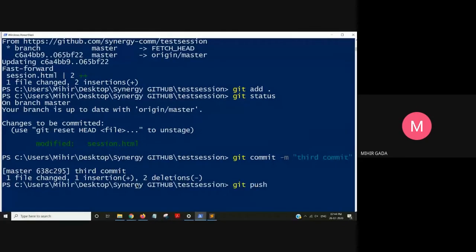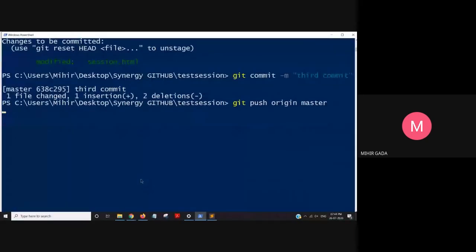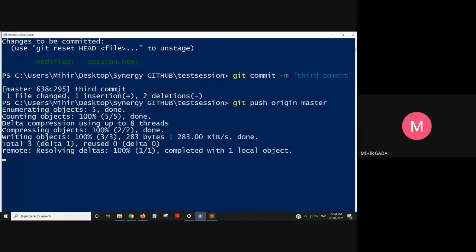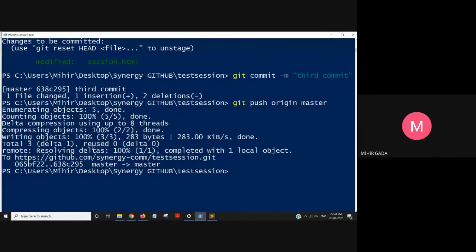And git push origin master. Why is origin there and why am I adding master? Because in Git, four or five people can work together with different branches like a tree, and then they merge all those branches together. Master is my main branch, the trunk of a tree. When I use git push origin master and press enter, it is adding it to my Git.